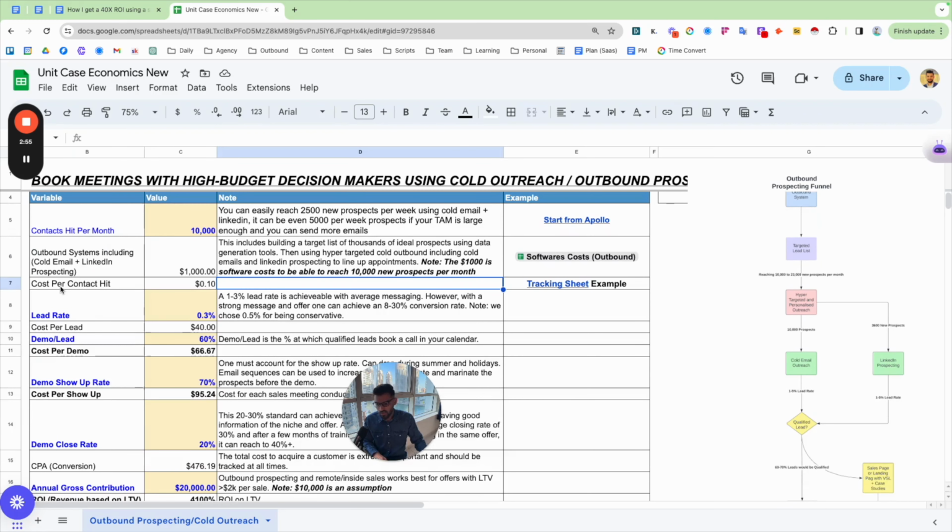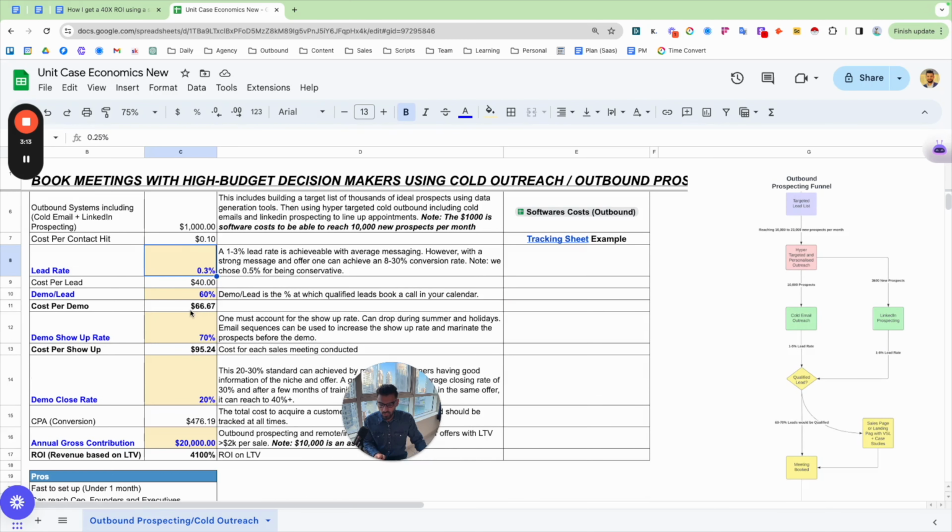Now, this is kind of the main thing. So if we divide the number of leads, if we divide C6, which is the total contacts hit, by the cost, we get 10 cents, which means it's costing us 10 cents to basically reach out to each single lead. And if we achieve the worst case scenario, if we get only a 0.25% appointment booking rate,